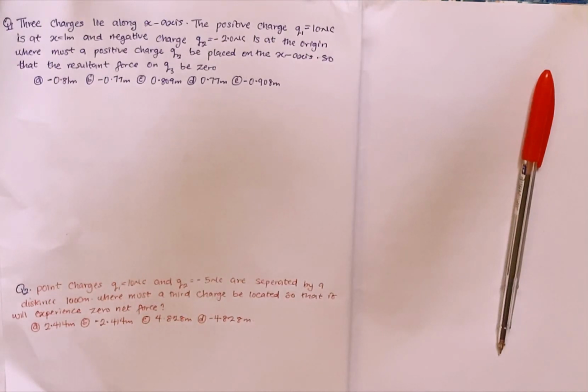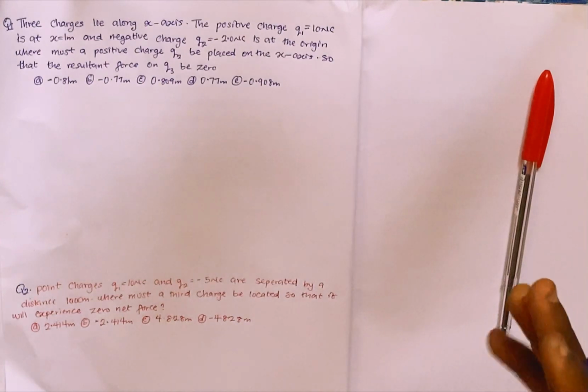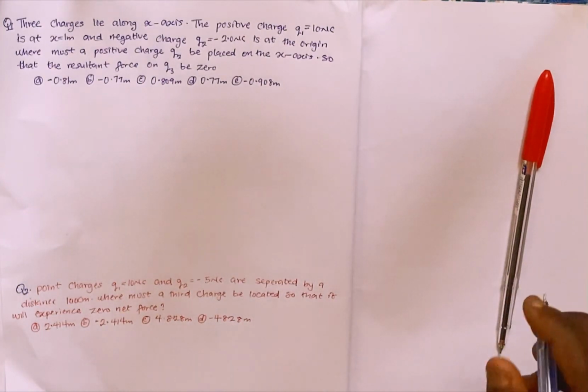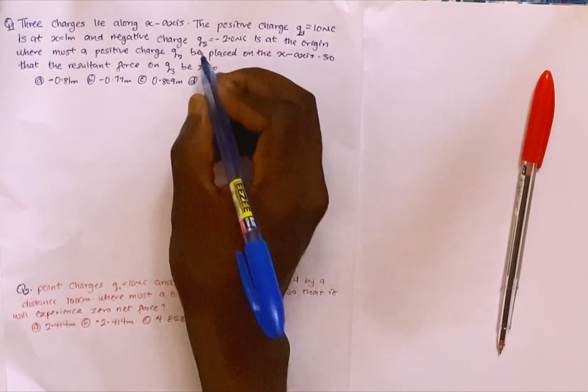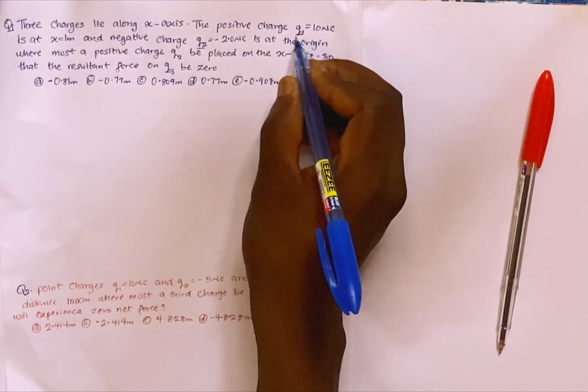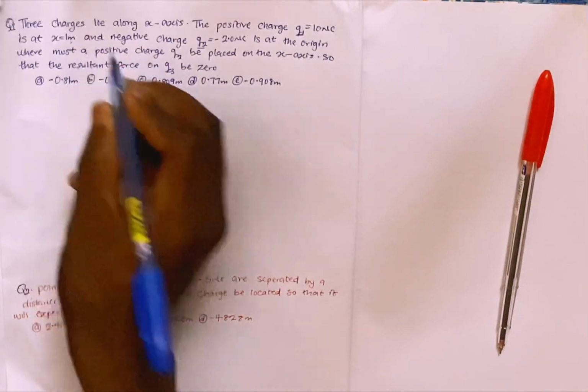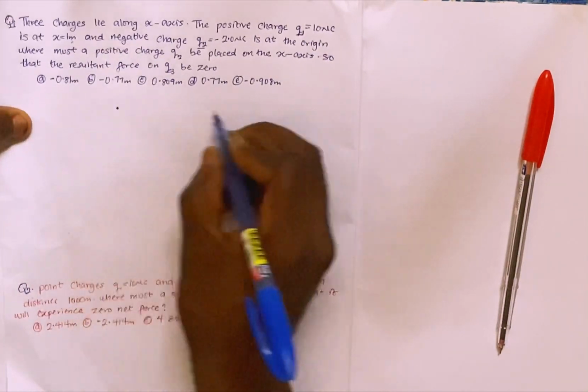So looking at the first case I'm having here with me, the question says that 3 charges lie along the x-axis. The positive charge Q1 equals 10 microcoulomb and is at x equals 1 meter, and negative charge Q2, which equals minus 2.0 microcoulomb, is at the origin. Where must a positive charge Q3 be placed on the x-axis so that the resultant force on Q3 will be 0? The question is actually straightforward because the first thing we have to do is identify our Q1, Q2 and Q3. Okay, my Q1 is at x equals 1 centimeter. That means from this point, which is the origin, to this side, which is